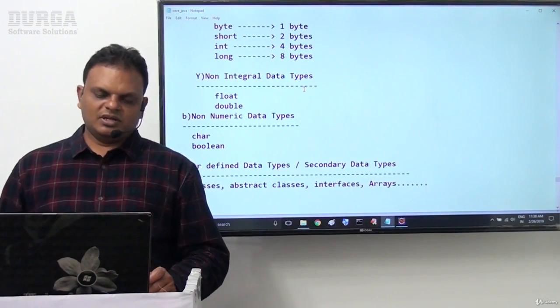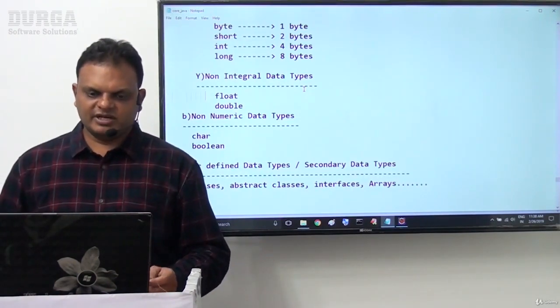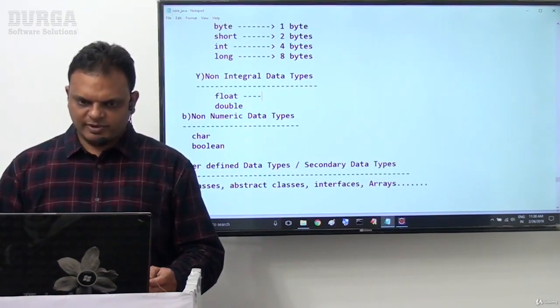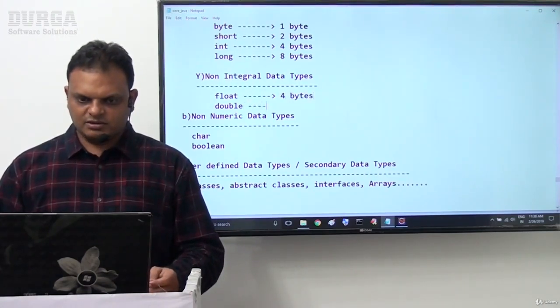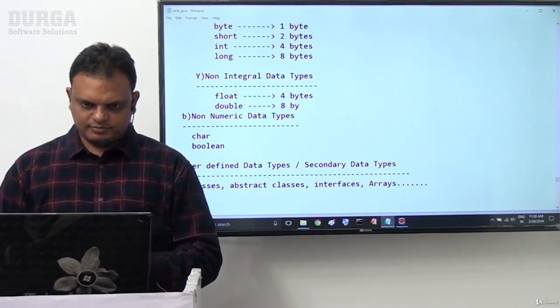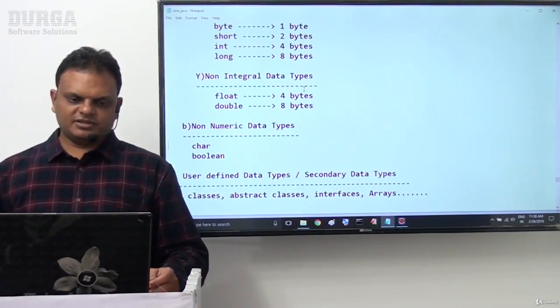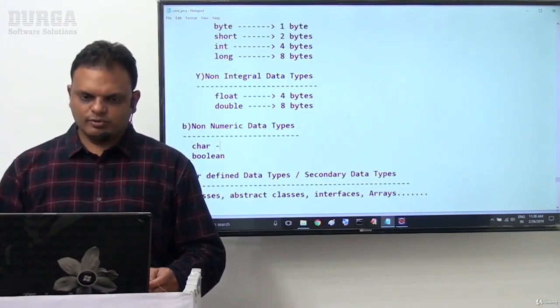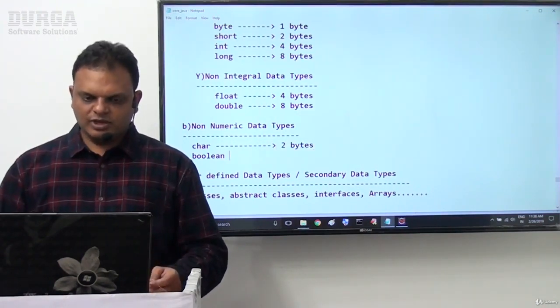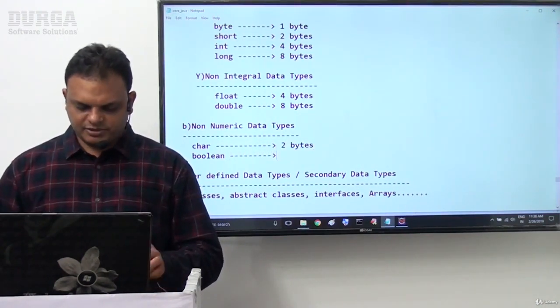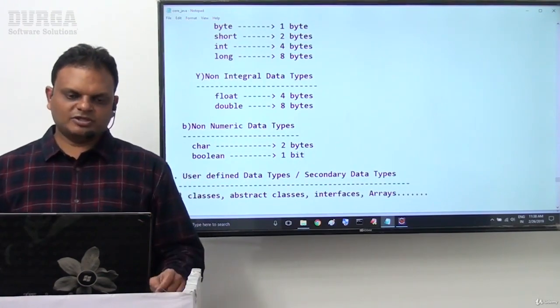Next, float will take 4 bytes of memory, and double will take 8 bytes of memory. Then char will take 2 bytes of memory, and boolean will take 1 bit.